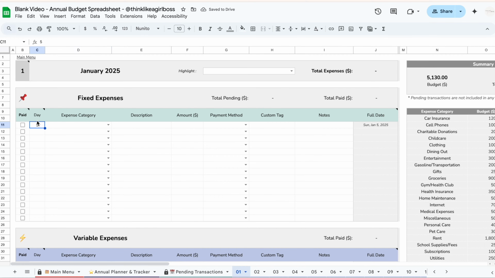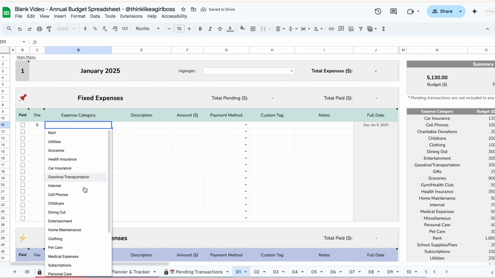All you need to do is add the day, and then the full date is going to get created automatically over here using the tabs month and year. So that happens on every single row. All you have to do is add the day as one number, and the date gets created automatically over here. So I'm just going to delete this, and then in the second column, you're going to choose one of your